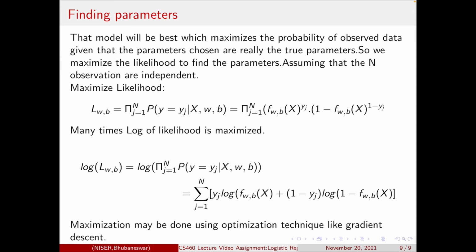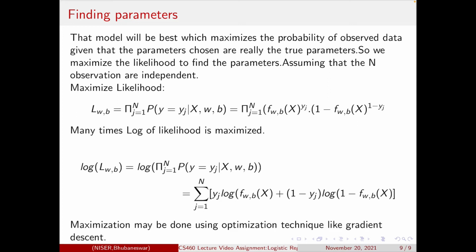So we maximize the likelihood to find the parameters. Assuming that the n observations are independent, the likelihood function is simply the product of the probabilities. So it is the product of the probability of y equal to yj given the parameters w and b, that can be written as the product of f of wb to the power yj into 1 minus f of wb to the power 1